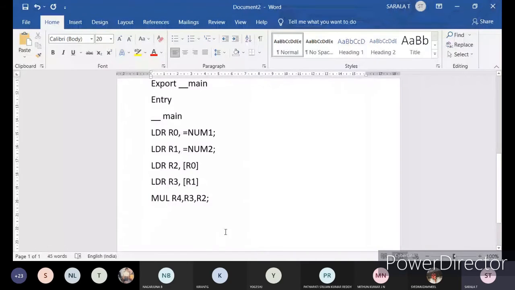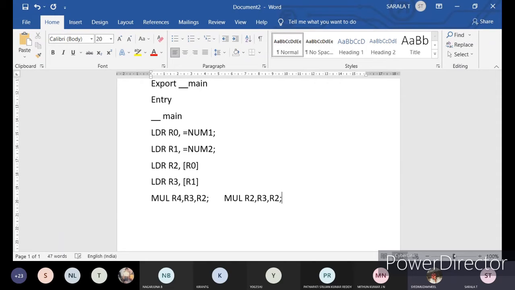See here, there is one more way of writing this multiplication. I can write it as MUL R2, comma, R3, comma, R2. This also can be done. Multiply R2 with R3 and store the value into R2 only, because now we don't need the input values in those registers, since we already got the multiplication result. That is also okay. Using fewer registers, you will get the result. Ma'am, after multiplying R2 will be empty? No.